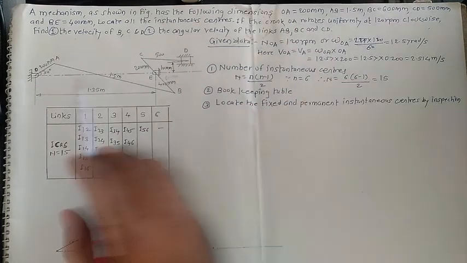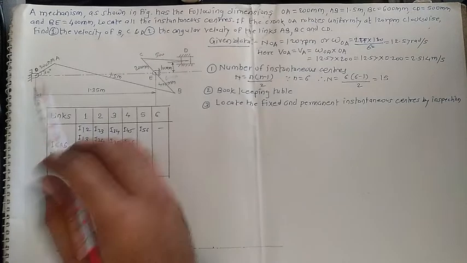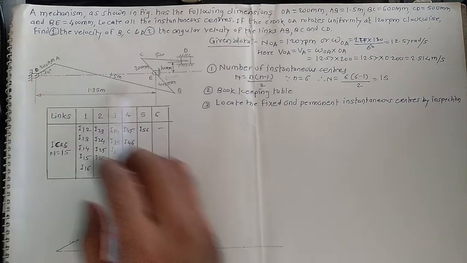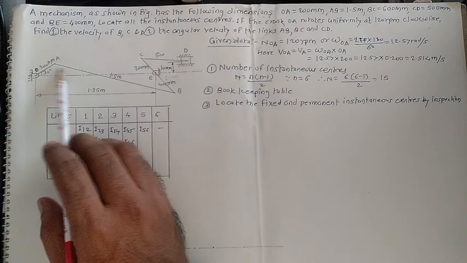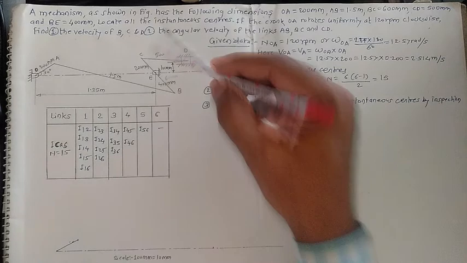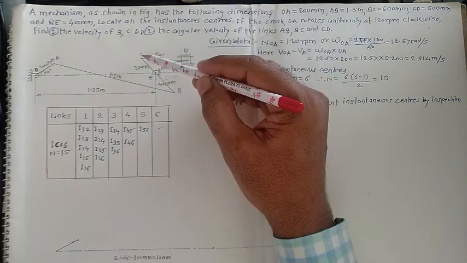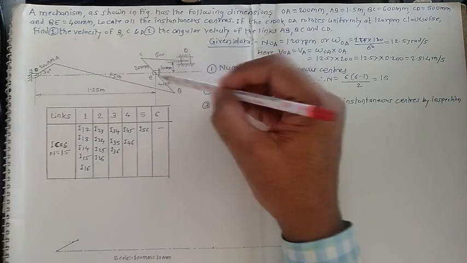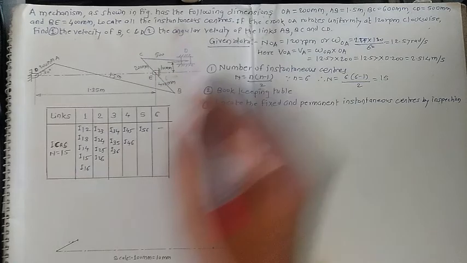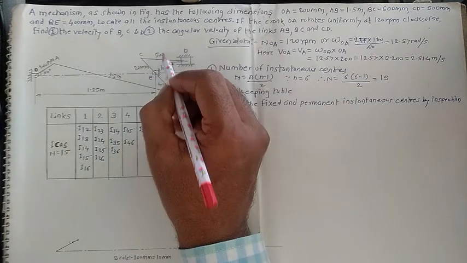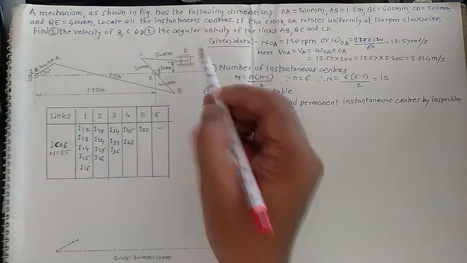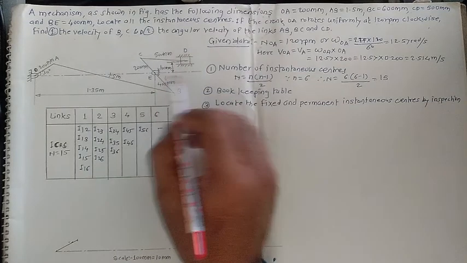For that the mechanism is given in this way. The mechanism consists of a fixed link here, then next the crank is given here, then the next link is connected with the previous one, whose length is 1.5 meter. This distance is given as 1.35 meter. Then at the end of this link, another link is connected whose length is 600 mm. Here the 400 mm is given. Then this link has length 200 mm. The next one, 500 mm, is the length given for this link, that is the CD link. And here is the slider. The path of this slider and this line, a 100 mm distance is given.